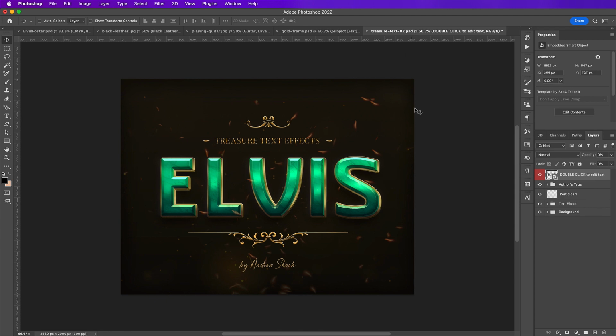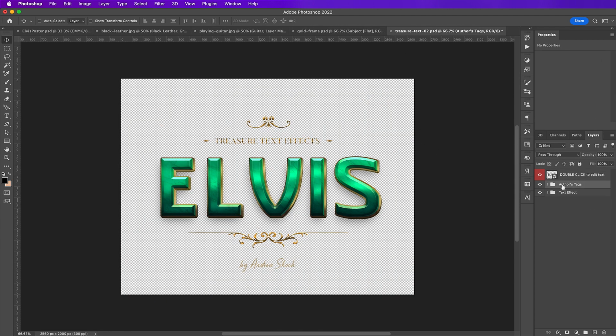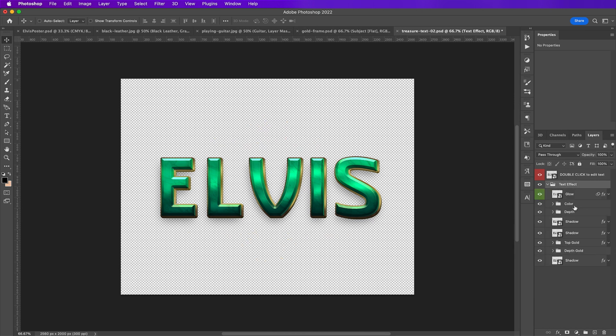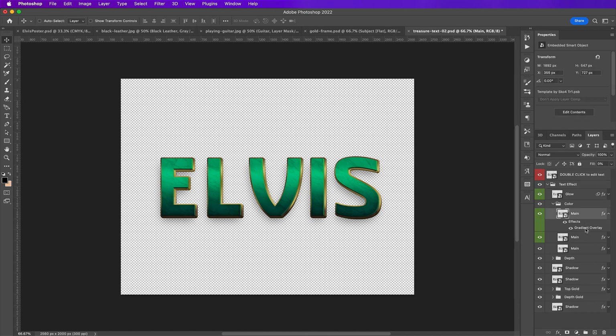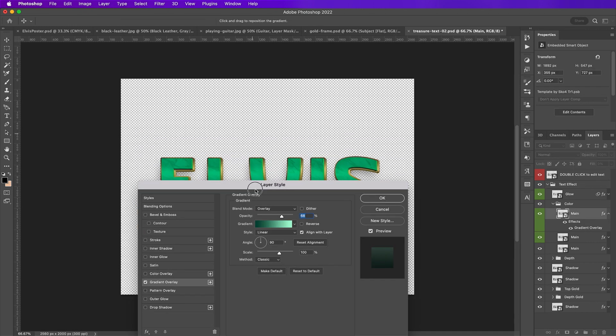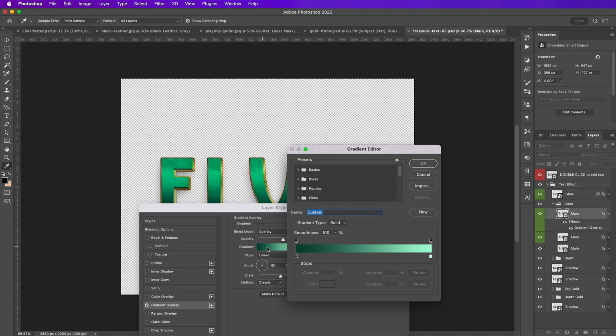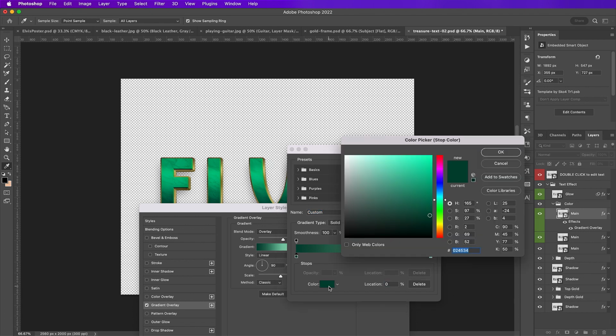And then go back to your original document and delete a couple folders so that the Smart Object and the Text Effect folder remains. I am playing around with some of the effects here, like applying a red color gradient overlay to the color folder.